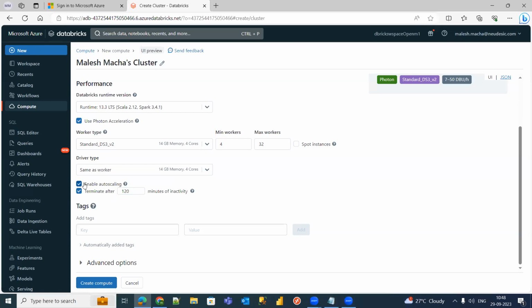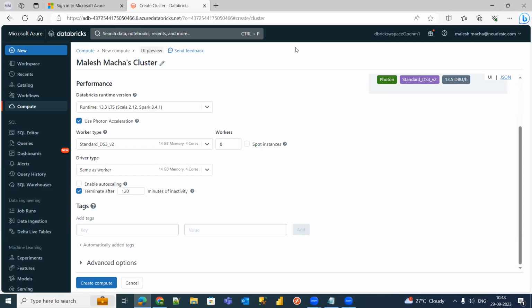Yes. Okay. So if you select enable auto scaling, even though your memory is running out because of heavy workload, it will basically try to use whatever number of worker nodes are required. It will automatically, internally increase the worker nodes and use them. So that is the importance of enable auto scaling. But for our practice purpose, we don't select this. I want to control the number of worker nodes